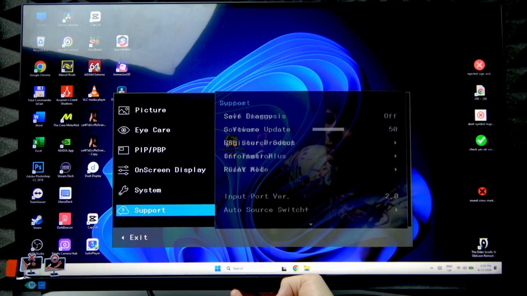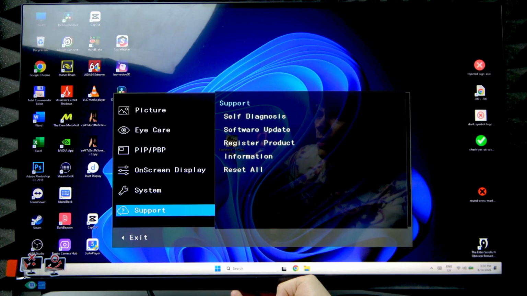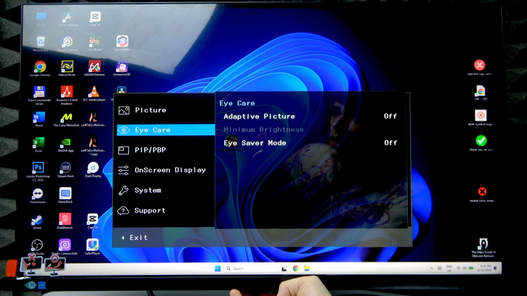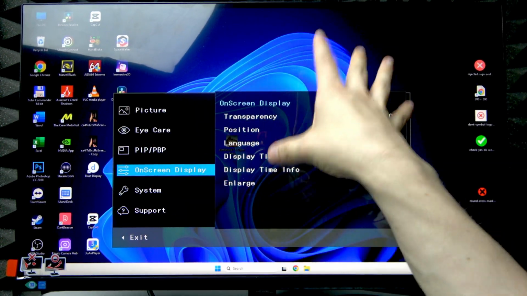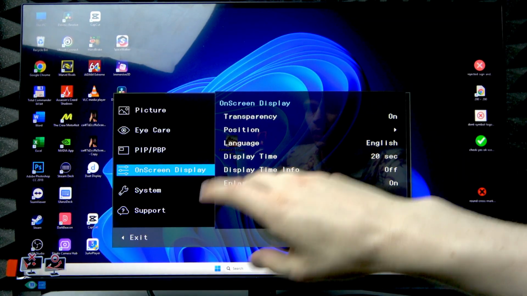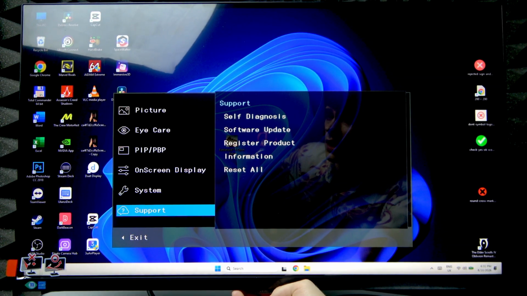So on the left side you will have the sidebar on which you can navigate up or down using, once again, your joystick. So we have picture mode right here, we have eye care, we have picture-in-picture settings, we have the OSD settings, so the settings of this window that you see right here. And then we have the system settings and the support section where we can, for example, reset